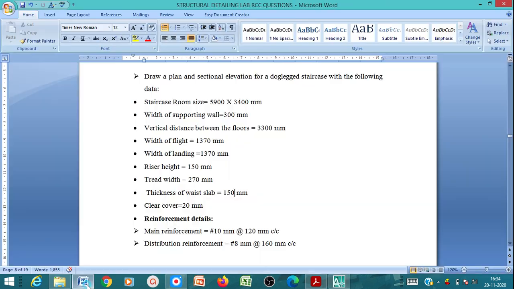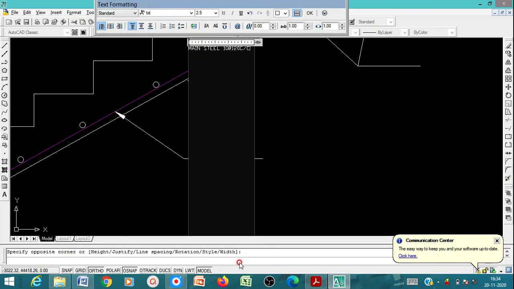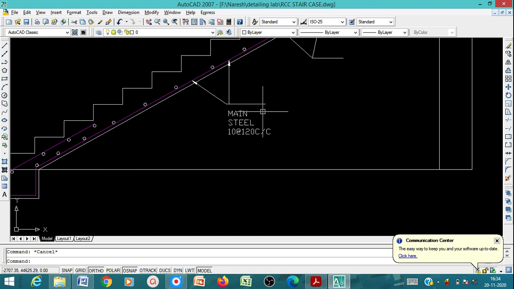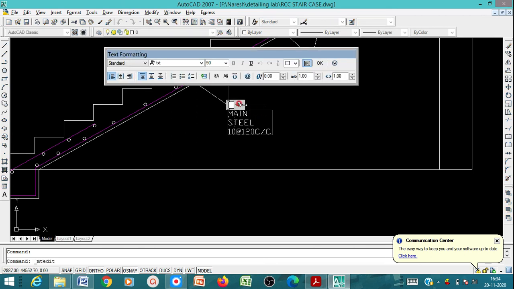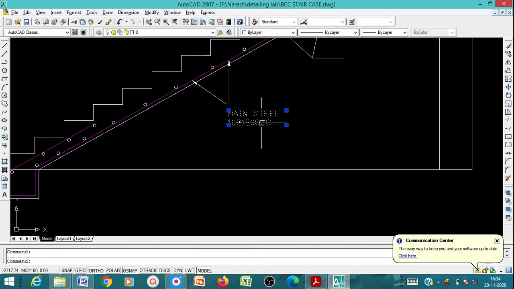We'll just see here. So we have got 10 at 120 center to center. I'll change the size here, so we'll make it 50. Say okay. So this is enough. You can adjust this. Then the same you copy here.